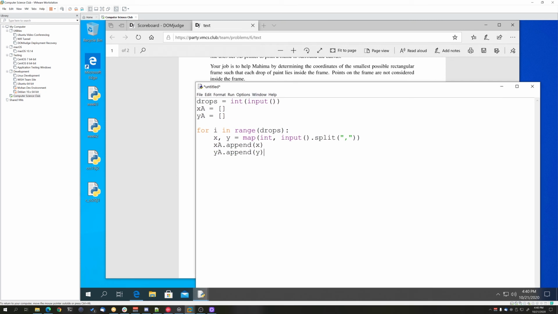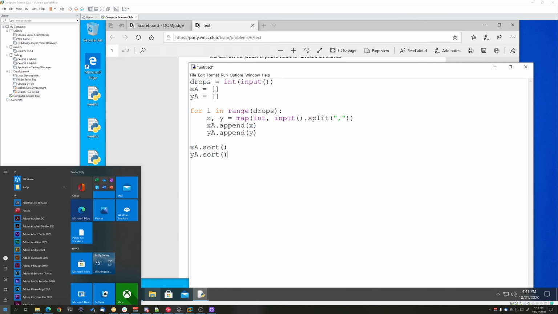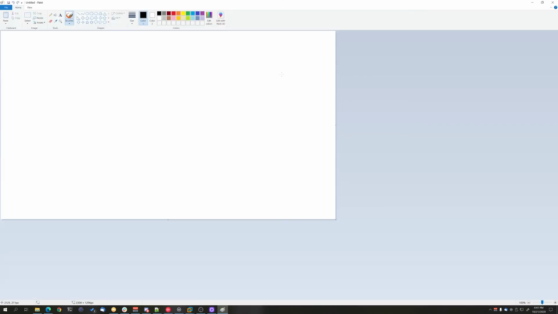Anyway, so now we have this. So what can we do? So now we have these lists. So how can we get the bottommost and topmost corner? So what we can do here is we can actually sort this. So if we sort these two lists, we can find the lowest x and y values, which will be the bottom. So the reason that is because if we go back to our paint program here, we can see that